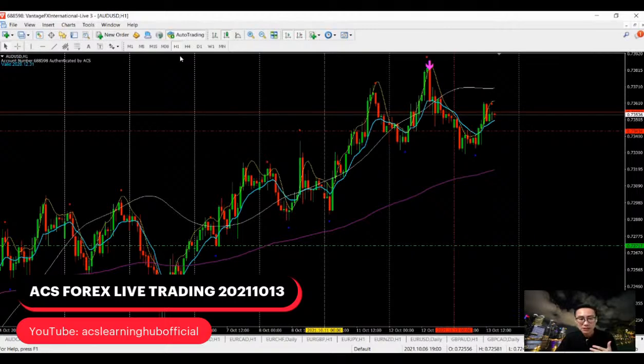So this is what I'm trying to drive across to all of you. When you are trading, in any of the trading hours, do take note of the opening of the market, like Aussie. Don't stay away from dollar cap. Because dollar cap is in the night for Asia. So now at this hour, dollar cap, is it okay to trade?